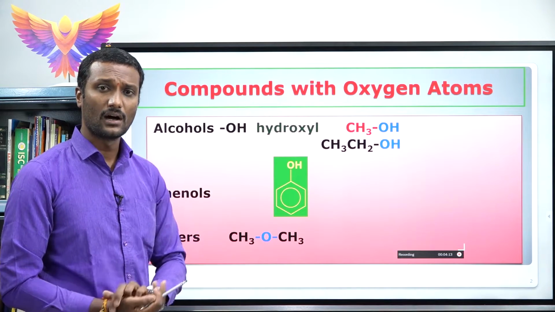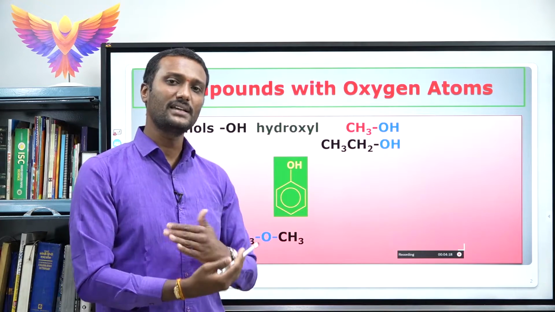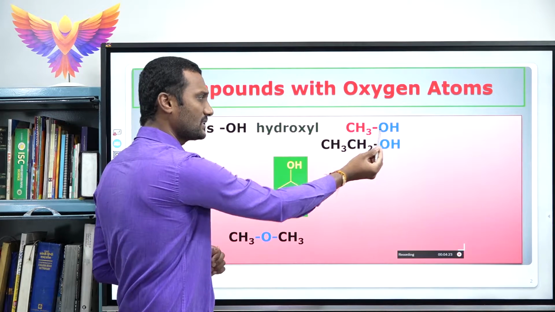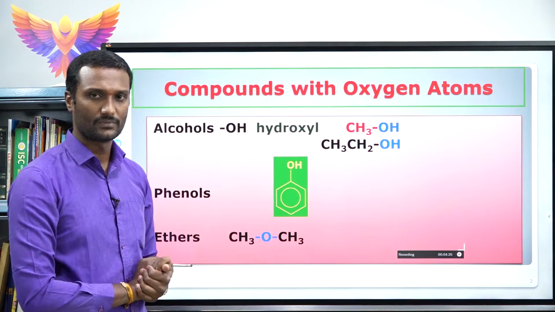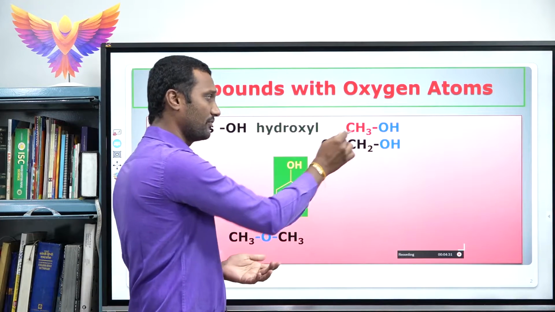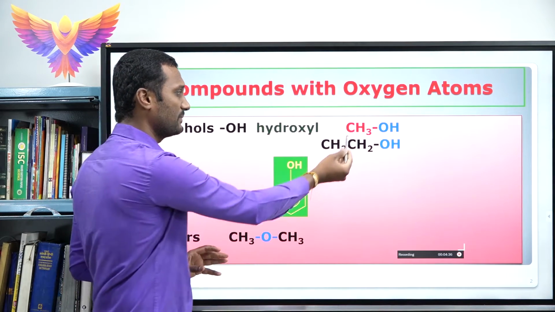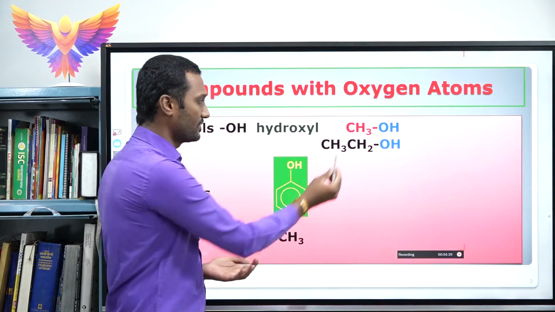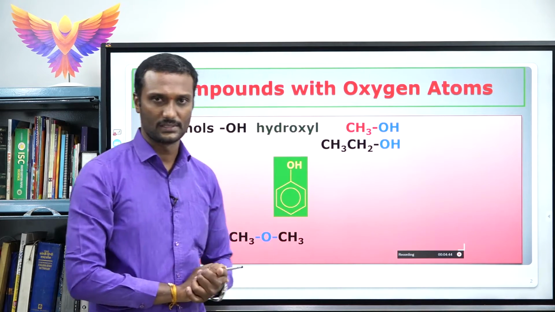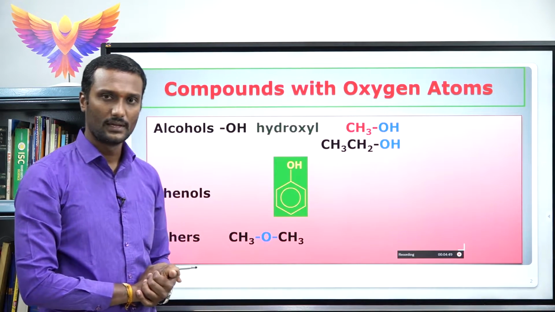Here it differs in how the OH group is combined with what type of alkyl group, because here you can observe the OH group is attached to the alkyl group. So OH is attached directly to the alkyl group, so then the oxygen forms what type of hybridization? sp3 hybridization. A simple example for alcohol is methanol, because we have one carbon atom, and the next one is ethanol, where we have two carbon atoms. In both you can observe OH is attached directly to the carbon atom,